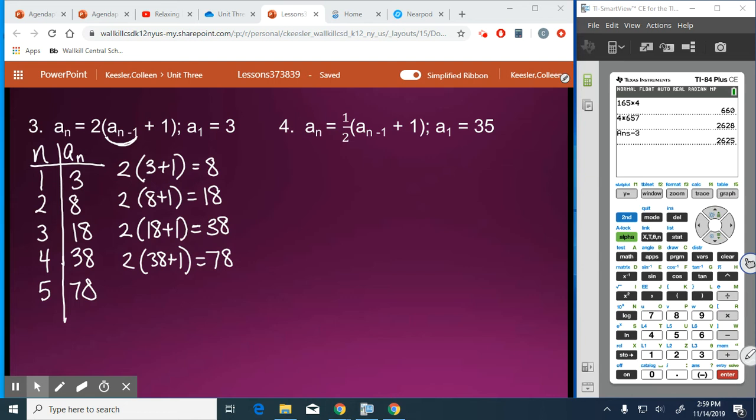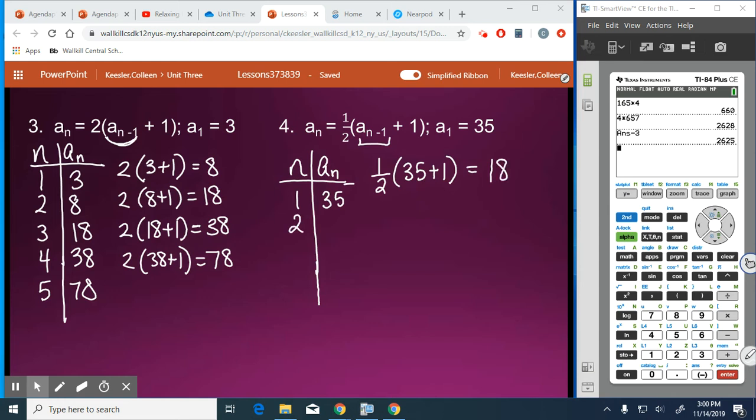So number 4 is similar to that because I have parentheses again. So again, we have n and a of n. And the first term is given as 35. So we plug 35 in for a of n minus 1. We're going to do 1/2 of 35 plus 1 is 1/2 of 36, so that's 18, making the second term 18. Then to find the third term, we plug in the 18, so that's half of 18 plus 1,